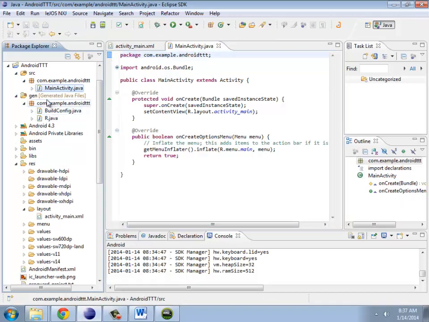Gen. This actually has something very important in it, which is this R file. This is the resource file, shortened to R because people are lazy at typing. This is going to have all of the information from anything we put into our layout. So our window, any buttons we put in, things like that. We're going to have to use this R file to refer to it. It's automatically generated. We're not going to mess with it, but we are going to have to refer to it